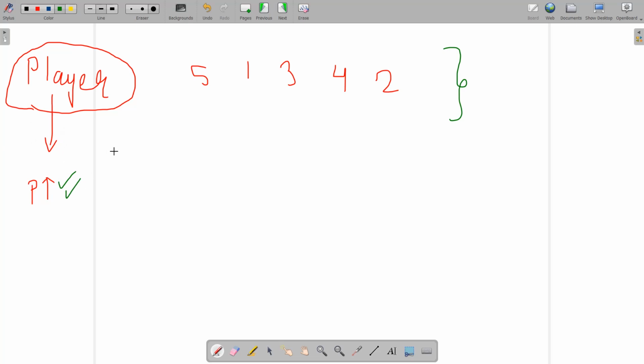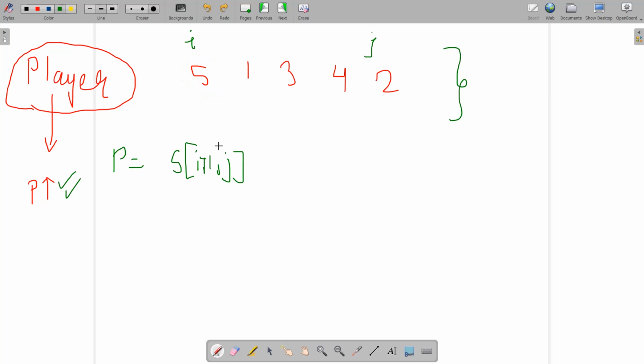So P can be written as: if a particular player chooses this one, then the remaining sum is this one. So I am going to write it as the sum S of i plus 1 to j, if this segment starts with i and ends with j. This i plus 1 is this position up to the end j. The sum of i plus 1 comma j is the score of the player if the player chooses this position element. Okay, and this is the particular score of a player if a particular player chooses this one.